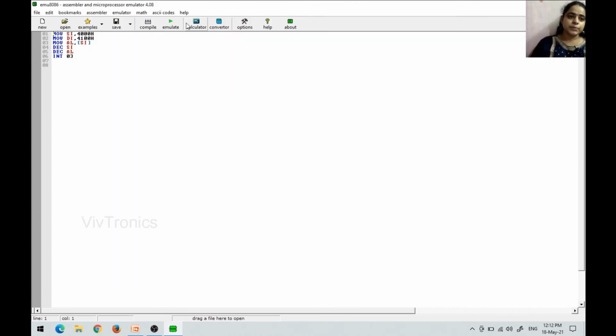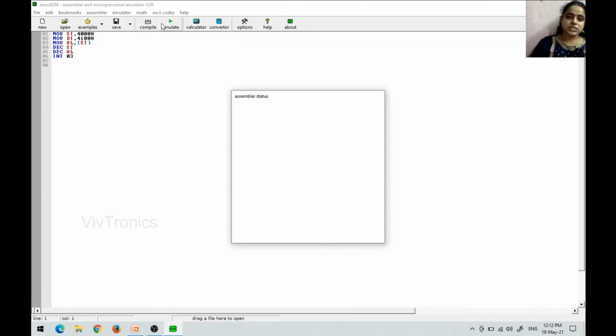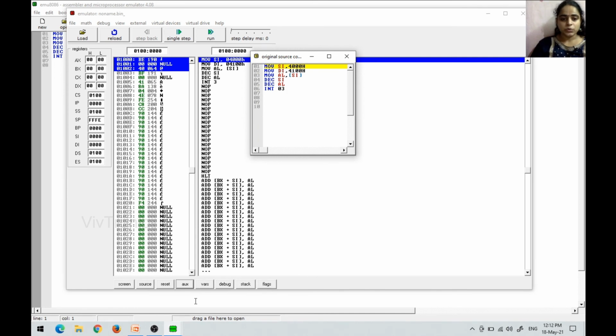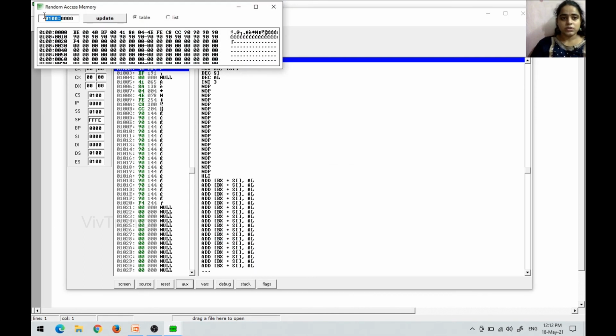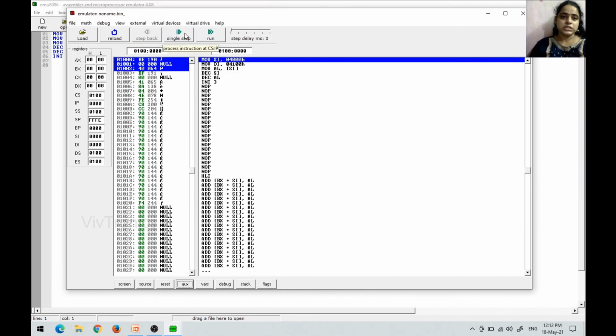This is the example program for decrement. Just like increment, I have written the program, and first I am going into the memory, and in the 4000 memory location I am going to give data of 12. I'm just updating it. Now entering into single step execution mode.